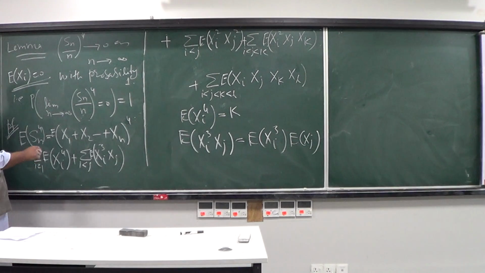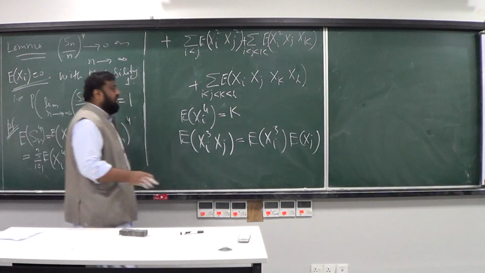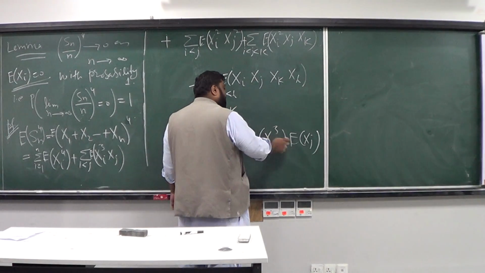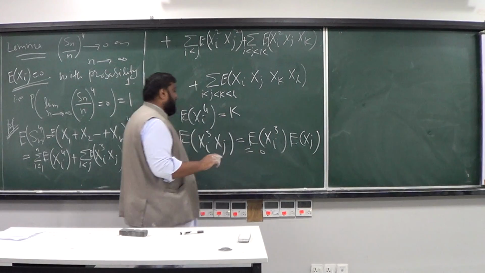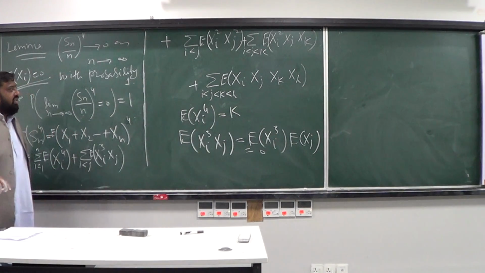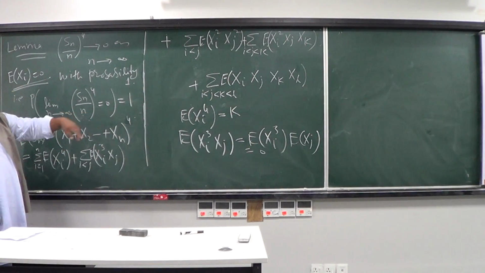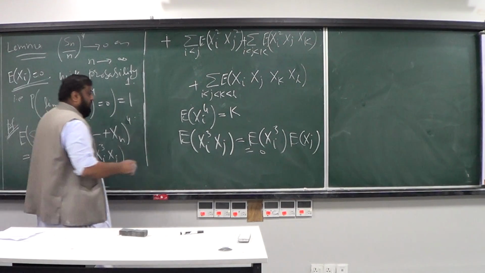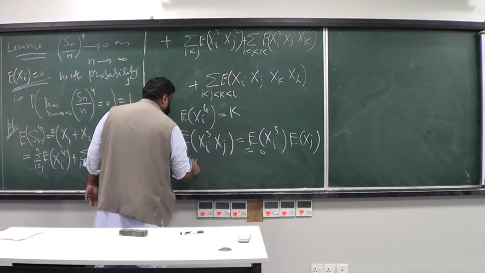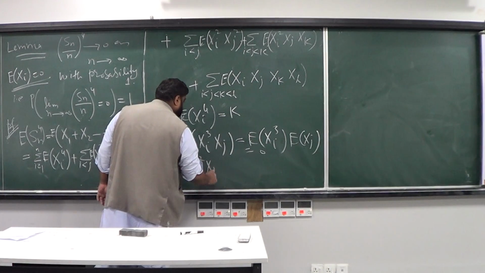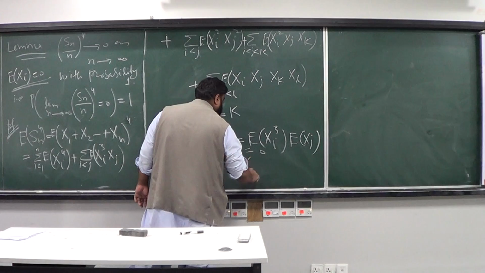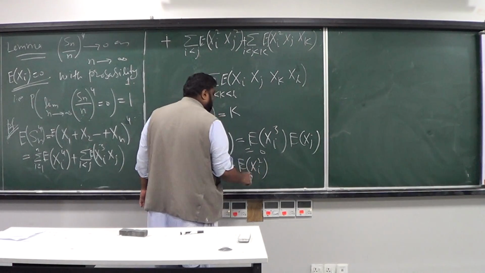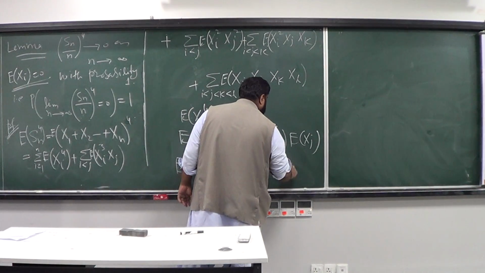But what is the expectation of an individual random variable? It is 0. So I don't know whether this term is 0 or not, but this is 0, so this expectation is 0. So all such expectations of this form are 0. What is the next thing? The expectation of xi square times xj square would be the same as the expectation of xi square times